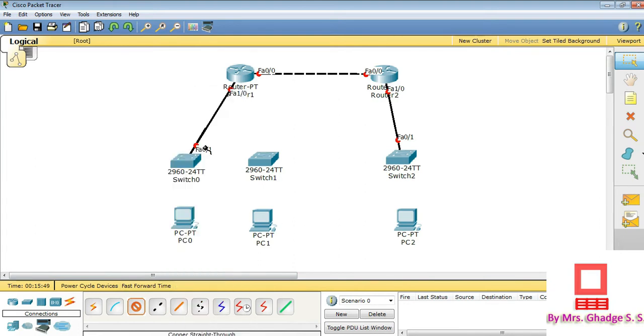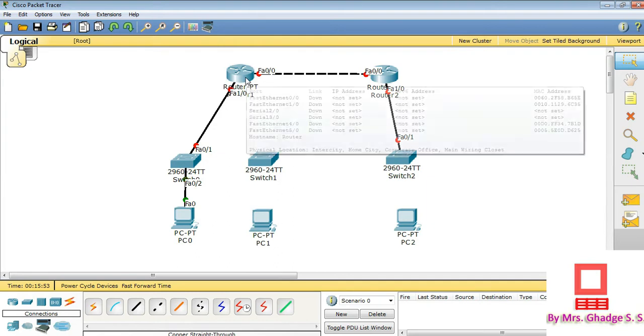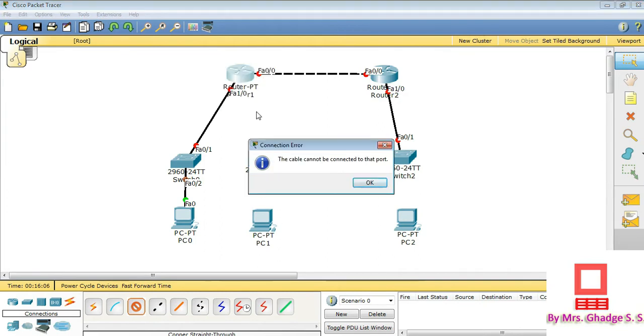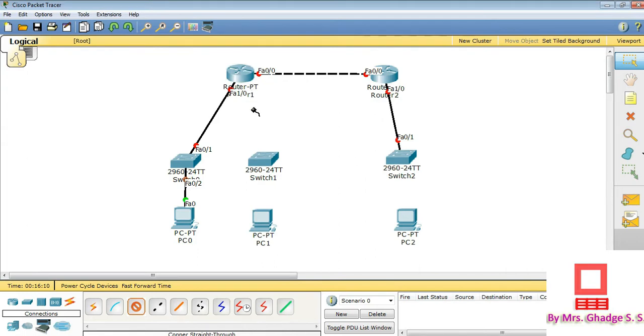Then between the switch and PC, here you can see there are only two fast Ethernet connections, 0/0 and 1/0. We cannot use this type of connection for the third, so we have to configure it.